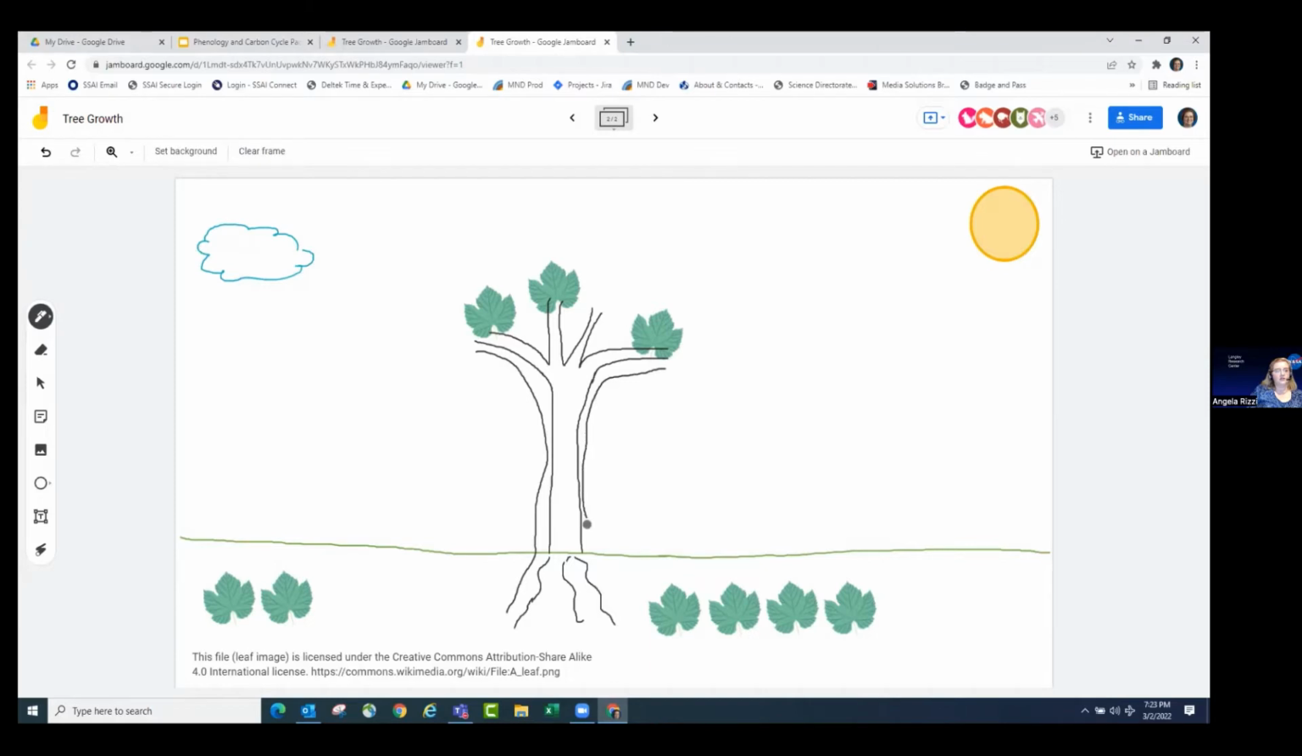And so the students are starting to see how the tree needs water and carbon, and also note that there is sunlight, right? Because they need sunlight, and we are showing the soil here. Okay, so we added 3 leaves, and then we'll have 4,